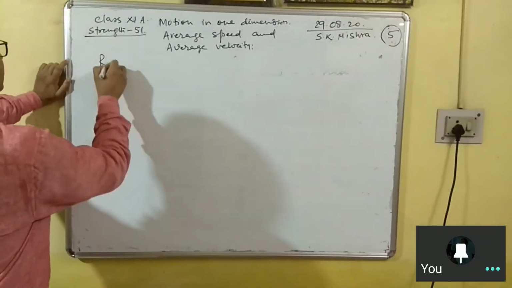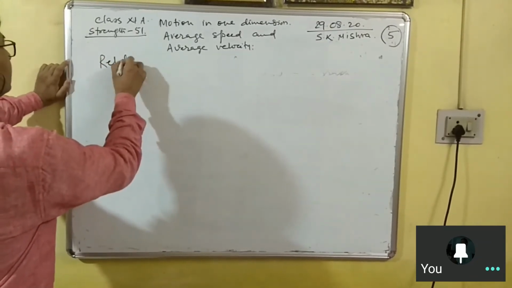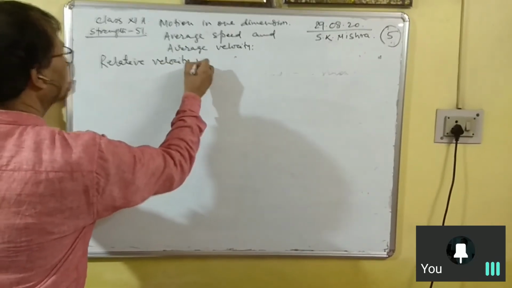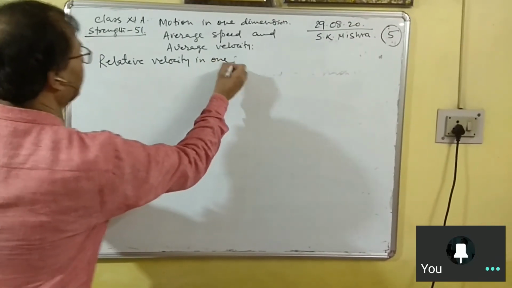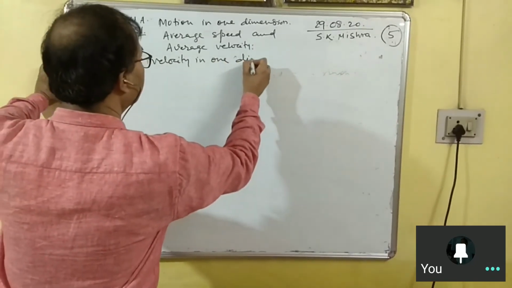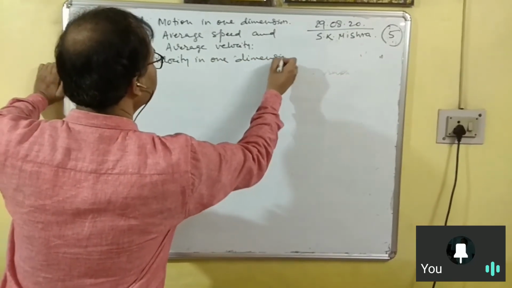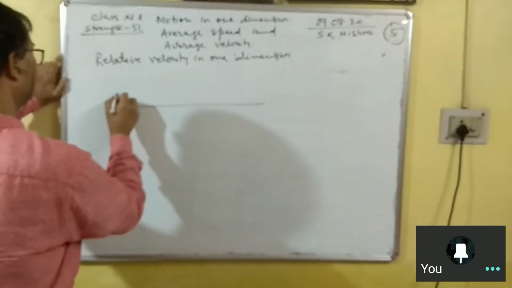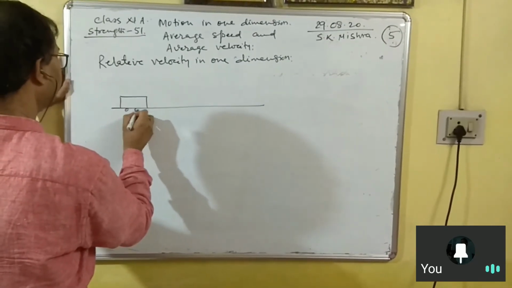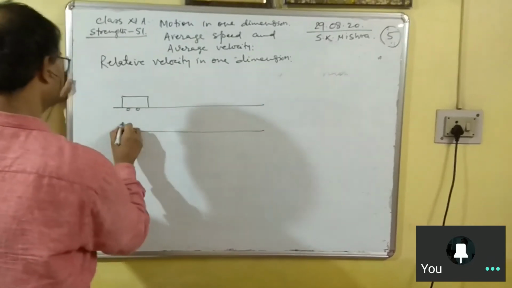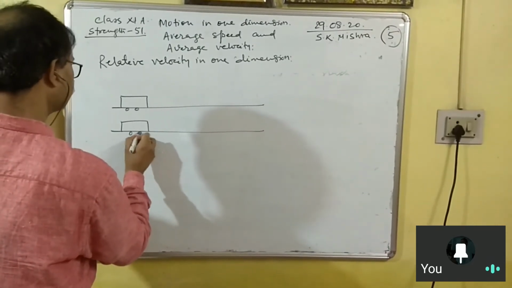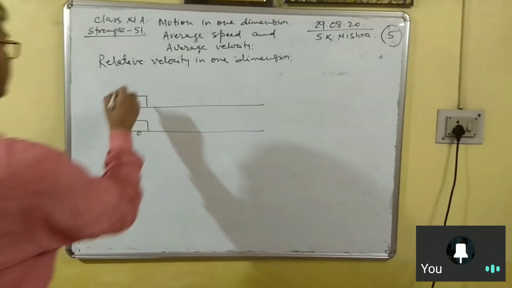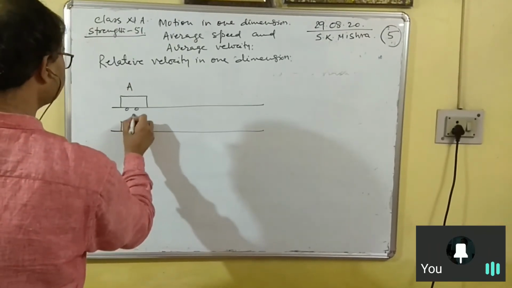Okay, so relative velocity in one dimension. Now you have a track. If the two cars or trains, anything, two bodies, A and B, are moving in the same direction,